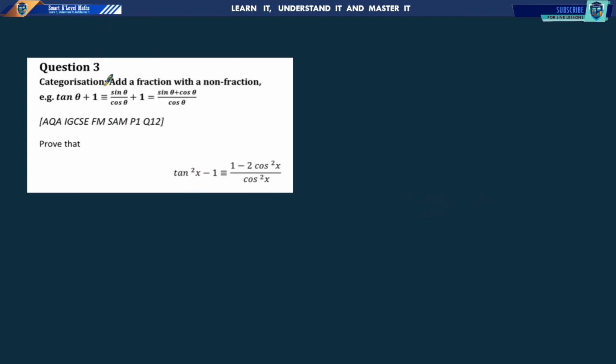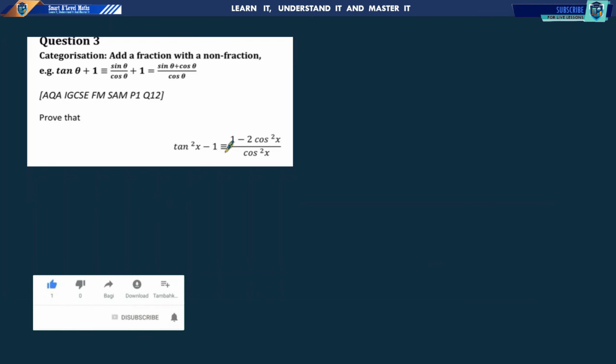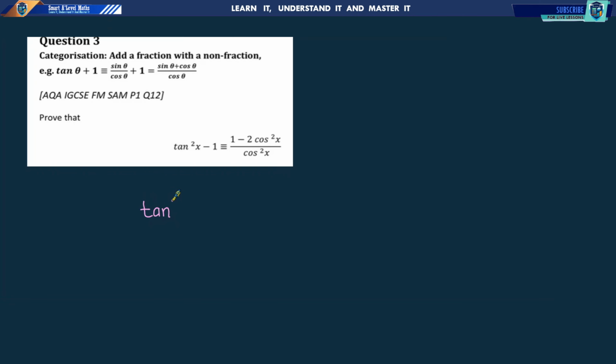Question number 3 category is on add a fraction with a non-fraction, and we are given an example. Using this example, we need to solve our question down here. We have been given an identity, and our identity is tan²x minus 1 is equivalent to (1 minus 2cos²x) over cos²x. Now, when you look at the left-hand side and the right-hand side, the left-hand side is complex compared